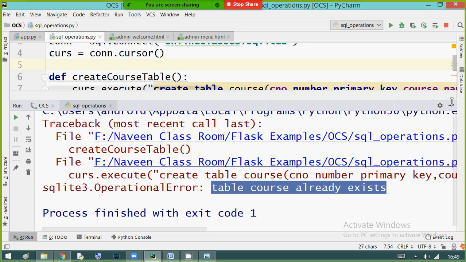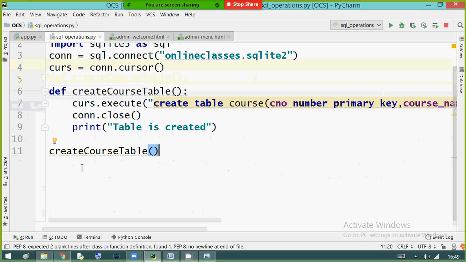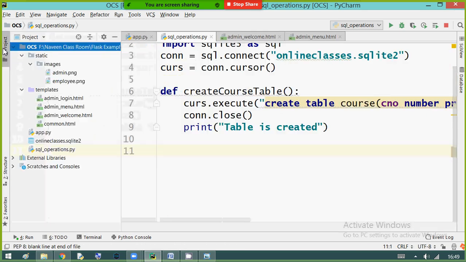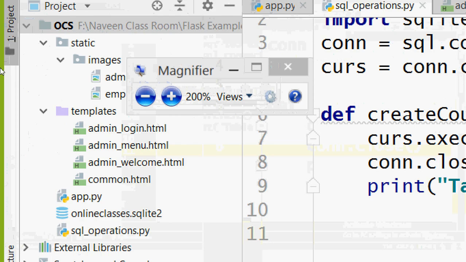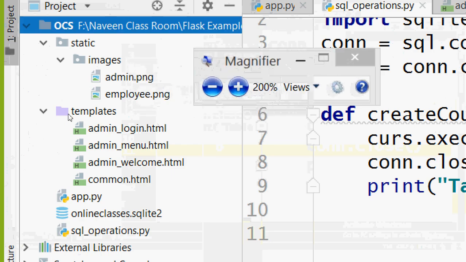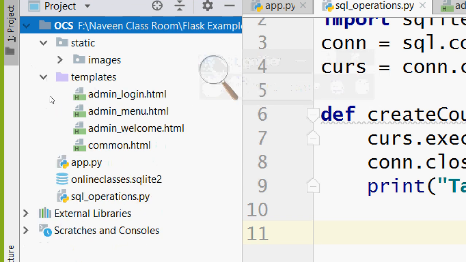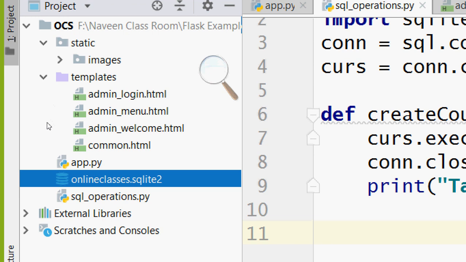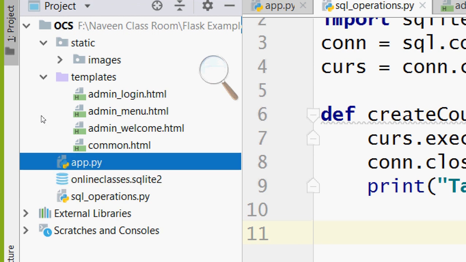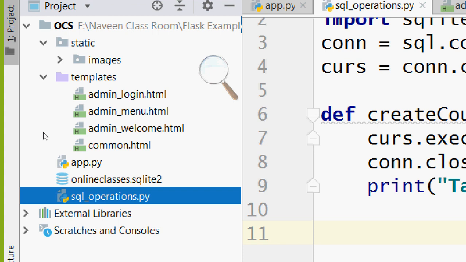So just call it only one time, no need to call it two times. If you observe our directory structure properly, static has all images, templates has your HTML files, and here is your database, the app.py Python program, and the SQL operations Python file. You can call it a module Python file.